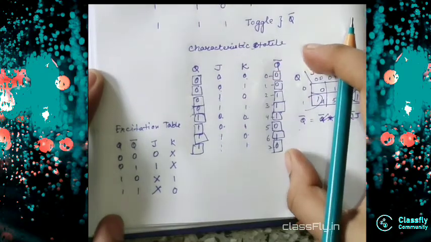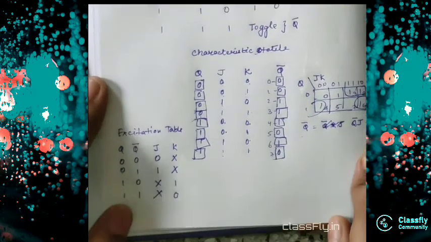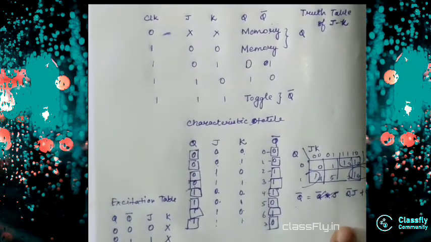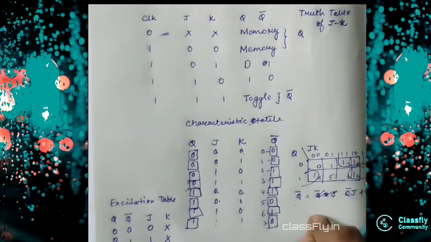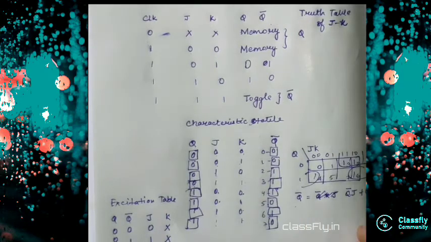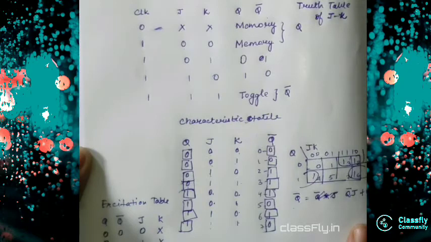And this characteristic table has been derived from the truth table. So 3 of the tables are interrelated to each other. So if we know our truth table, we can easily do our characteristic table as well as the K map for the Q bar. And if you do the excitation table, then you can also do the K map for the J and the K, okay. So you will try that on your own. And so today's lecture ends here. Till then, be happy and have a great day.